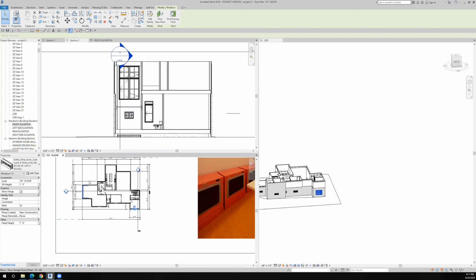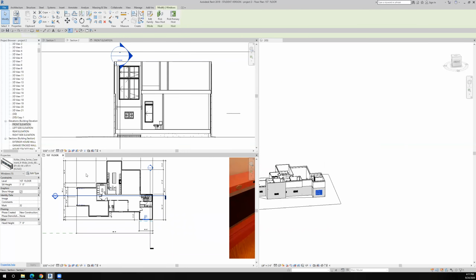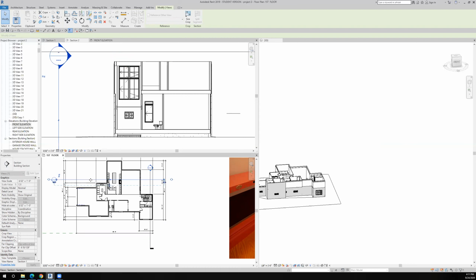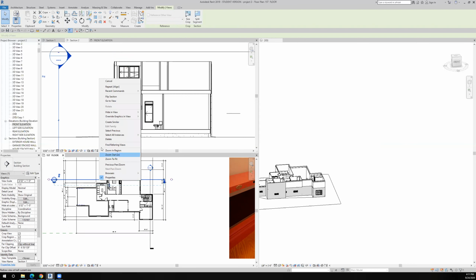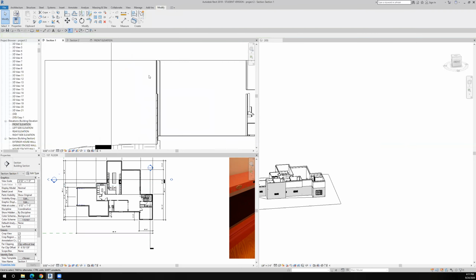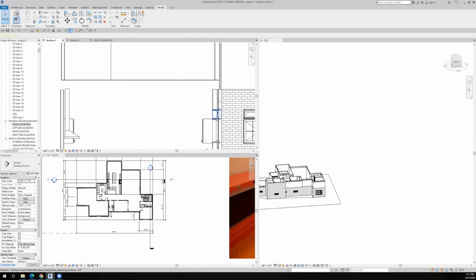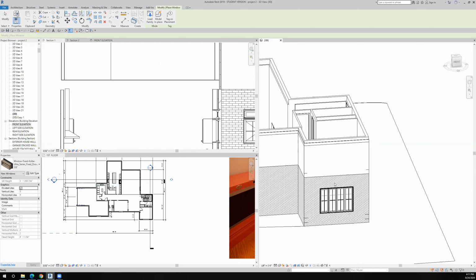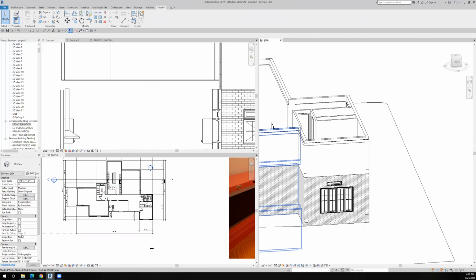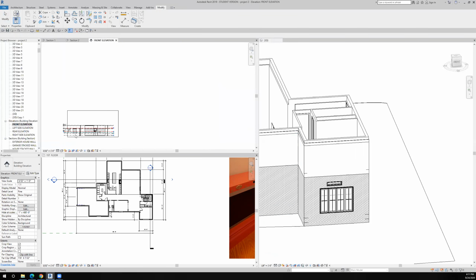Now let's go back to, what can I do? How can I see that window over here? I'm going to use create similar. So I'll just go to this view, and I'm going to look for my awning window. I'll click on it, create similar, and then I'll come over here and just click on this wall, and it should put it in. Yeah, it sure did. Okay. So now we have that transom in there. This is the south elevation. I've changed the names of these elevations, so it's really the front elevation. So we can go to the front elevation